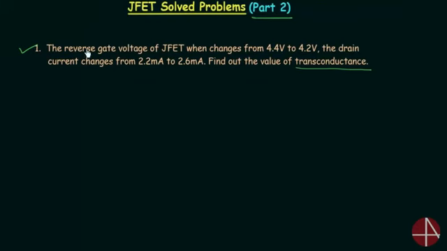The reverse gate voltage, meaning voltage VGS of the JFET, changes from 4.4 volt to 4.2 volt. The drain current, this means current ID, changes from 2.2 milliamp to 2.6 milliamp. In this scenario we have to calculate the value of transconductance, and for this we first have to understand